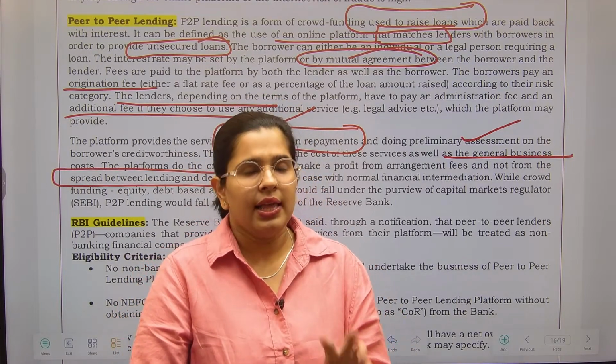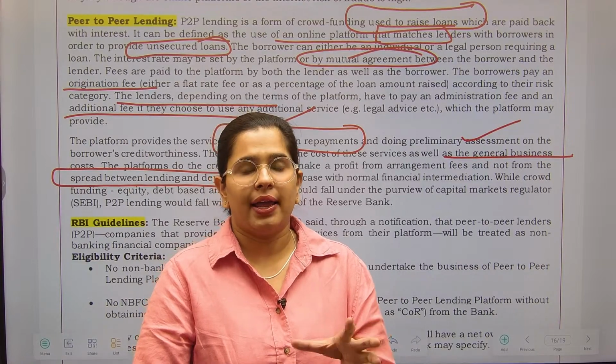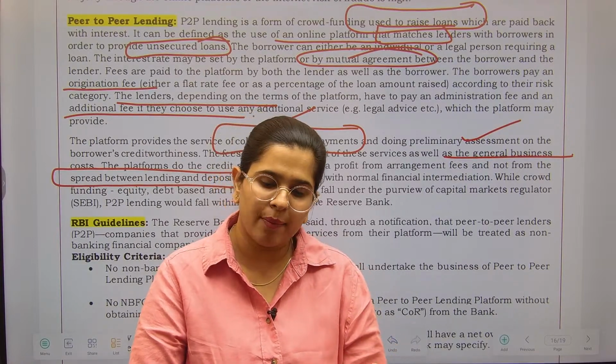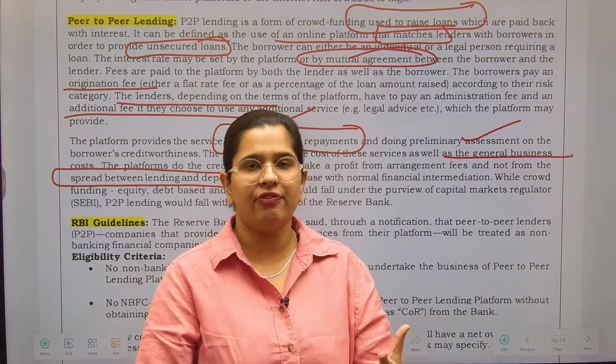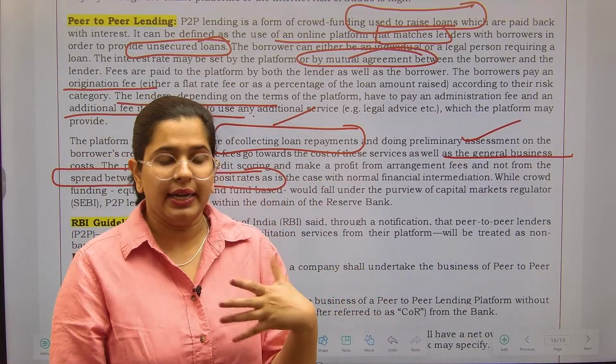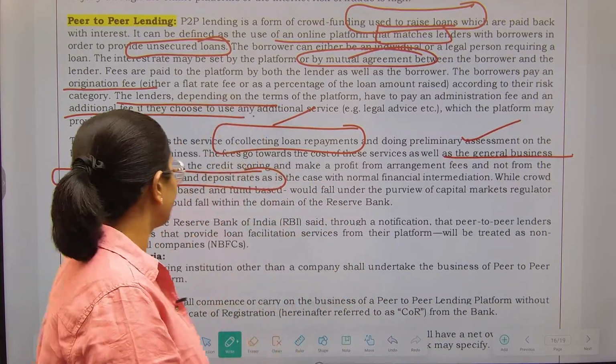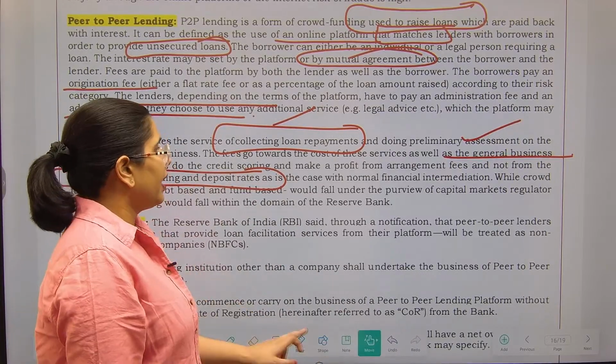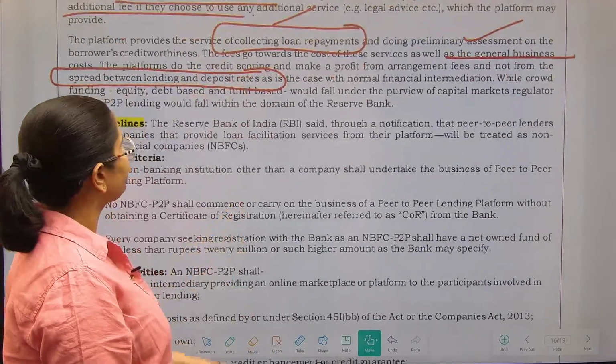earn through the spread. They can only earn by charging their platform-related fees. That needs to be upfront. They have to tell that, okay, this is the platform fee which we are intending to charge. Okay. Next is,